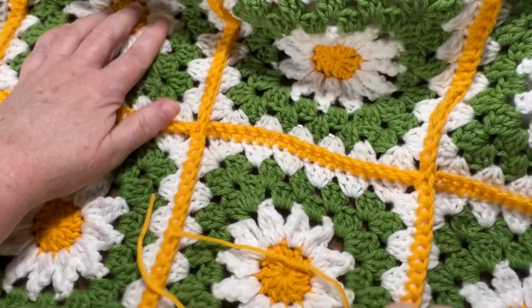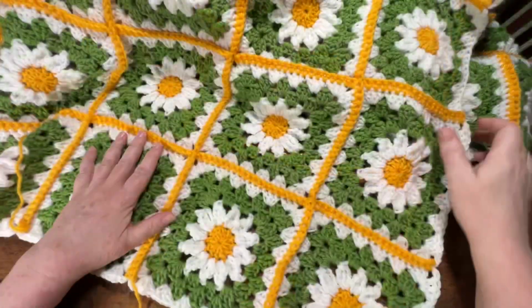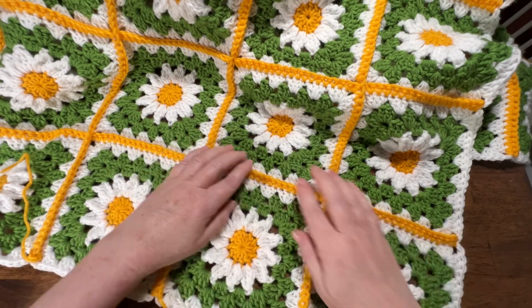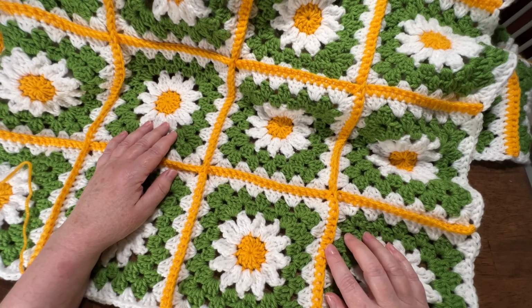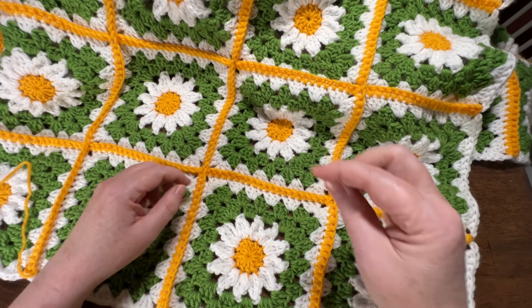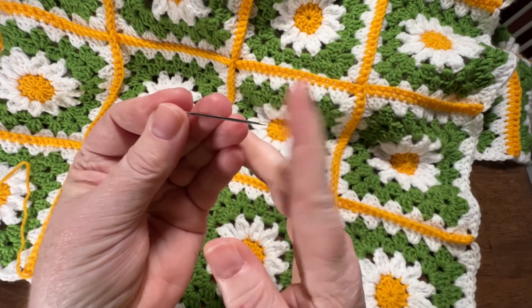so that when you're finished, your blanket looks a little like this. Okay, so your blankets should be looking like this with your columns and your rows all completed. So what we need to do is go ahead and weave in all of our ends before we get started with our border. Okay, so you want to grab your yarn needle, just a large eye needle with the blunt